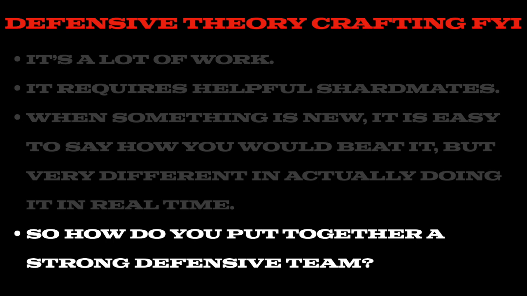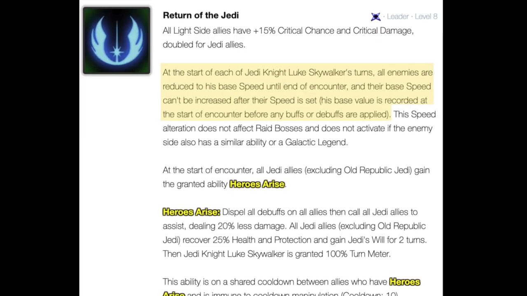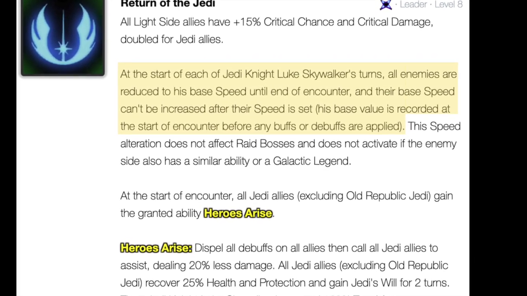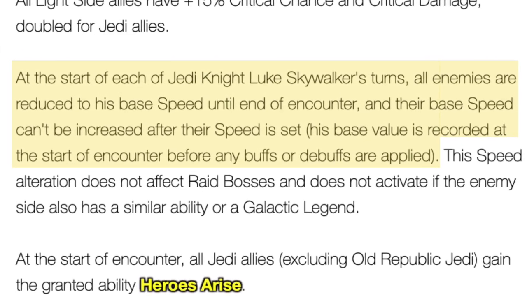but first I want to help you understand how you get into a strong defensive team, how you put it together. I think for this it's really understanding the problem. For JKL, obviously you want him slow to take advantage of his leader ability, and if you're not familiar with it, here it is in black and white, highlighted to show you that it's one of the more powerful things out there. You can reduce their base speed to his,